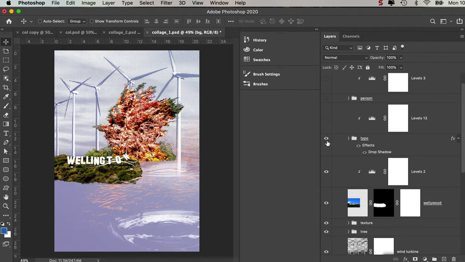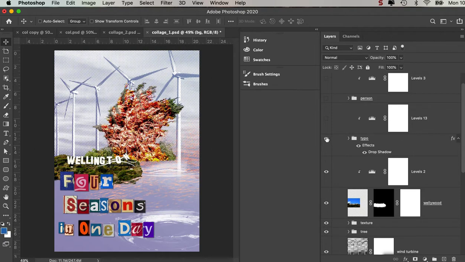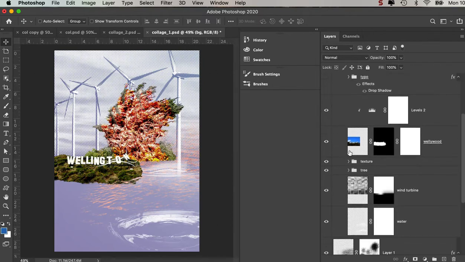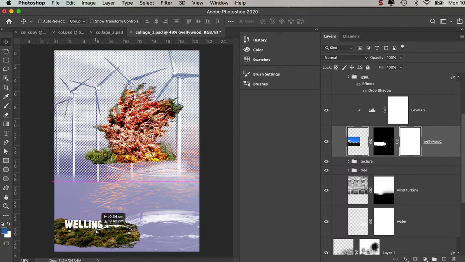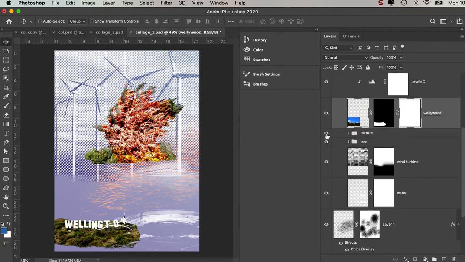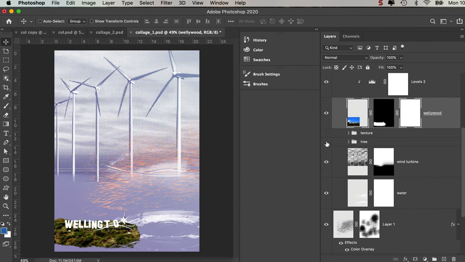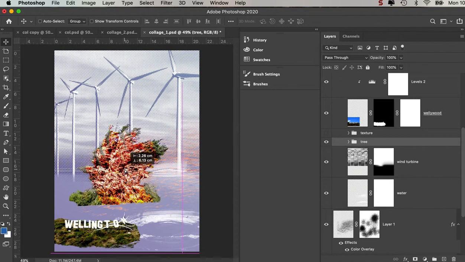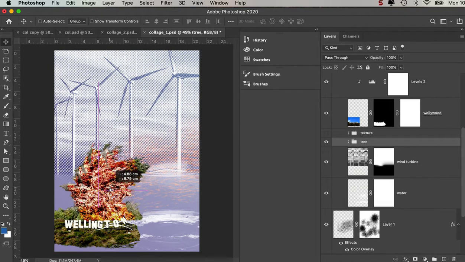and I'm going to get rid of the type. The type has a kind of awkwardness to it, and I'll just work with something that's a little plainer at the moment. So I'm going to grab the Wellington and move it down. The tree, I'll do the same thing. I'll grab that, move it down a bit,